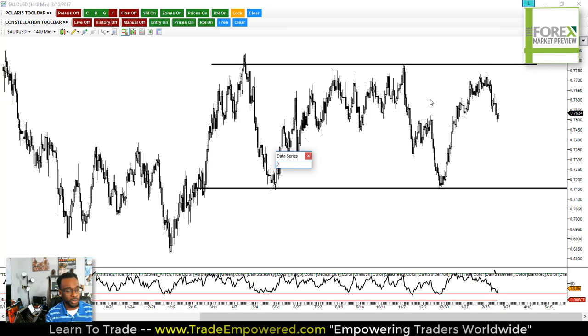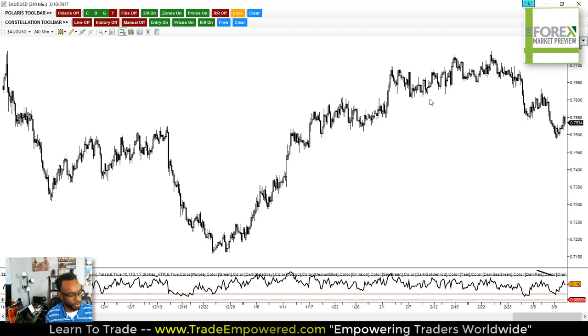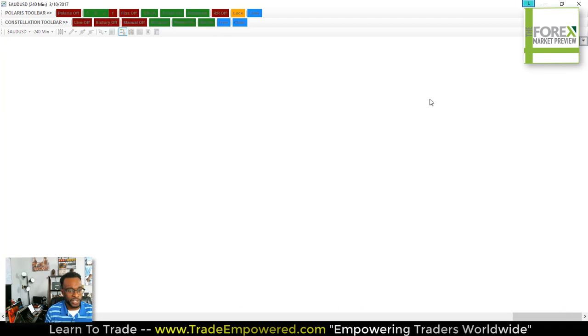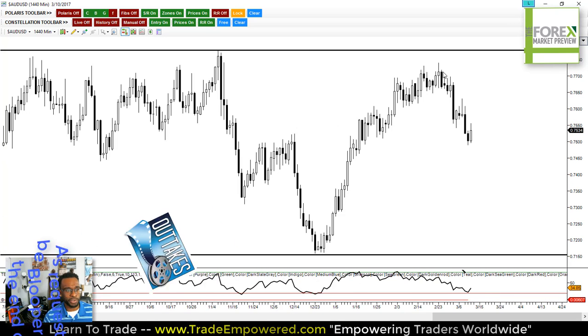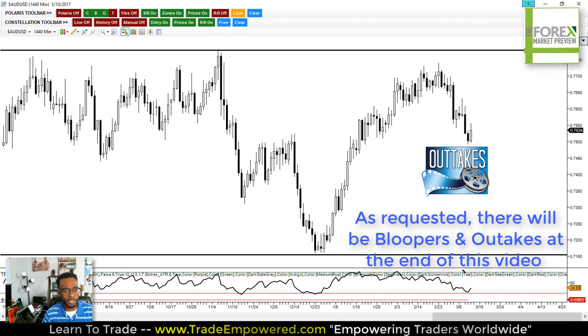Now, as we go down to a lower time frame here, or I guess I should say, let's start here on the daily again, because this is a very valuable lesson. Can you guys see what has occurred within this consolidation? I'm going to zoom in your chart a little bit for you. All right, let me know if you can see it.